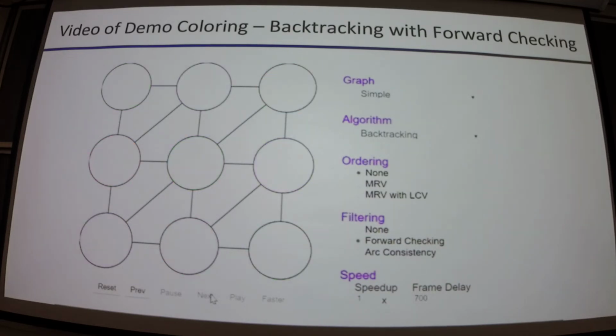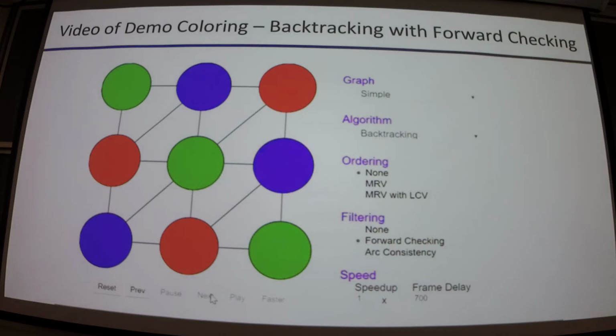So forward checking, I'm trying to pause it in such a way it's not blank, it's flashing to say we won. But forward checking is a better filtering than what's going on with just backtracking. In fact, it is filtering, whereas it wasn't conceptually filtering before. But it's not that good, right? It's just kind of looking at things adjacent.